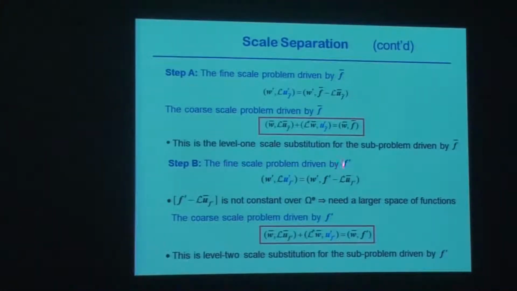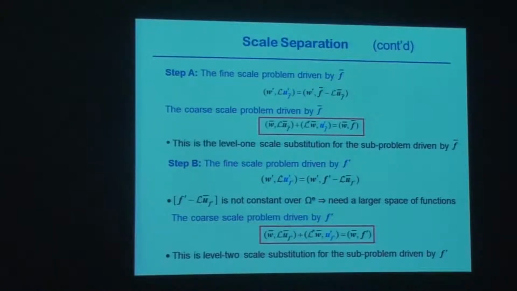So the same problem, similar steps can be done in here. However, F prime, which is a fine scale forcing function, and U bar F prime is the coarse scale displacements induced by fine scale force. Now, this is not constant over the element. What we need is a larger space of functions, so solving this problem is rather tedious. For here, we will need to use numerical techniques to extract it, but keeping in mind that we are going to use it only around defects,